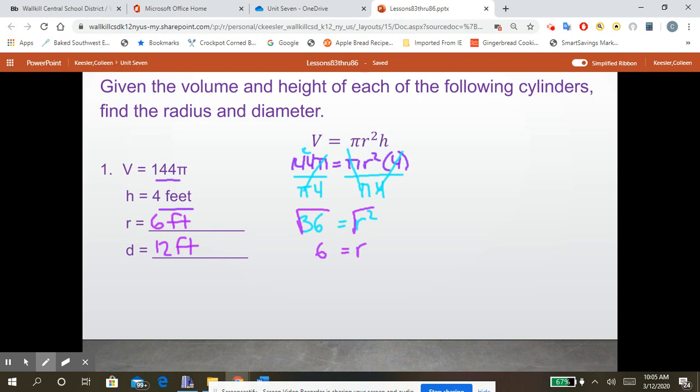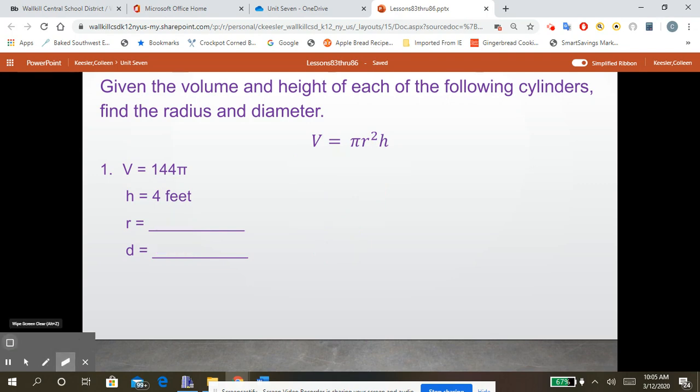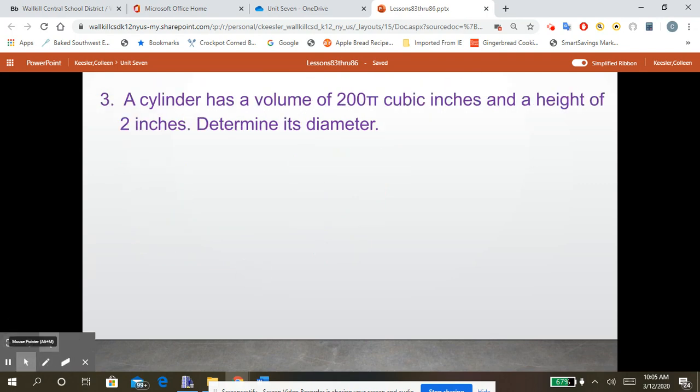Okay, not too hard. Let's try another. A cylinder has a volume of 200 pi cubic inches and a height of 2 inches. Determine its diameter. So same idea here. We're going to substitute in 200 pi for the volume, and that equals pi times r squared times a height of 2 inches. So again, we are going to divide by 2 pi,